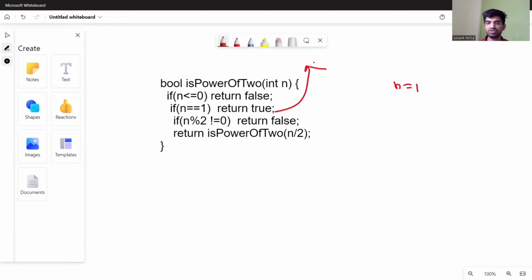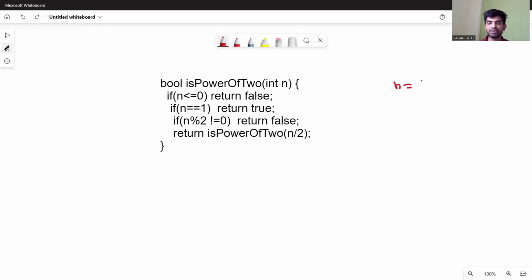We check another example. If n equals 16. So we check here. Is 16 less than or equal to 0? No. So we cannot execute this line. We again check, is n equal 16 equal to 1?